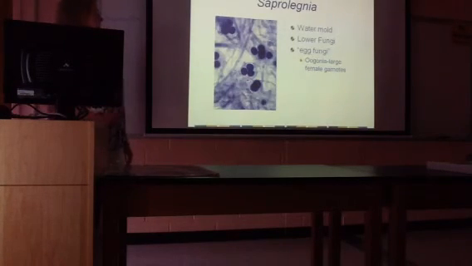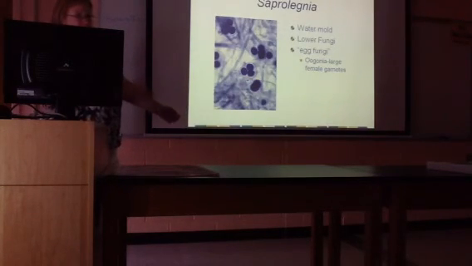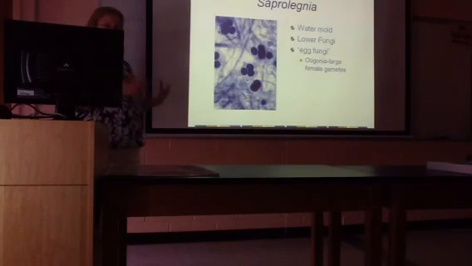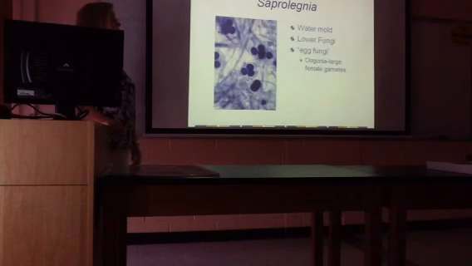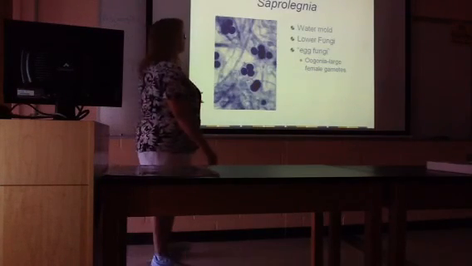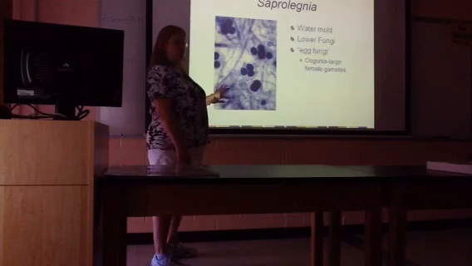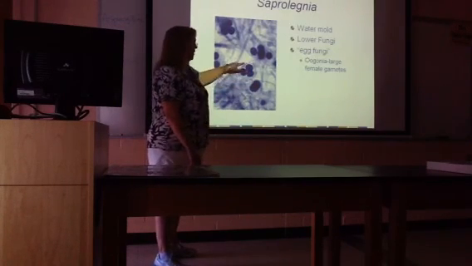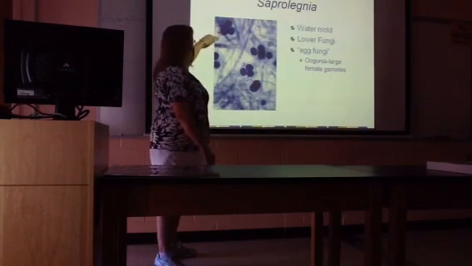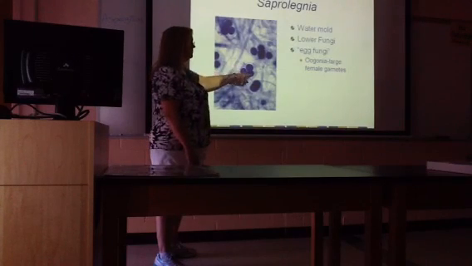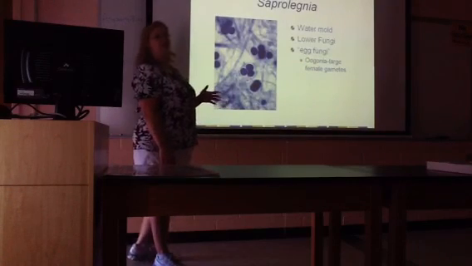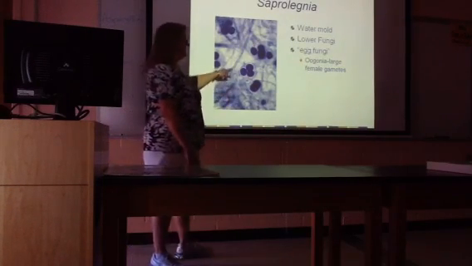Saprolegnia. This is a lower fungi. So again, no ascus, no basidium. You have two hypha that touch in order for the spore to form. This one, it's a water mold where the Rhizopus grows on bread usually. This grows on the surfaces of the water, some of that scummy stuff that you'll see on stagnant water. And it has this very characteristic structure, these round things that have balls inside. That's the female gamete, sort of analogous to our ovaries with eggs inside. Okay, so this is the female